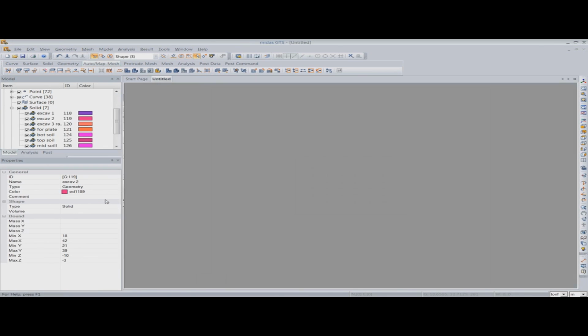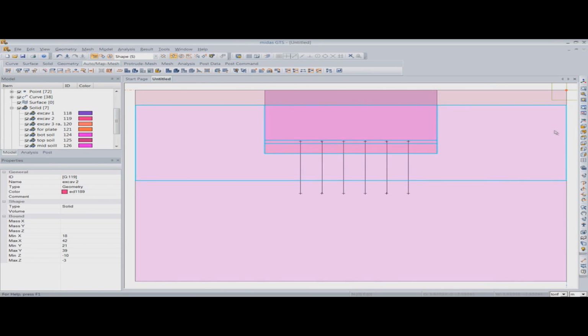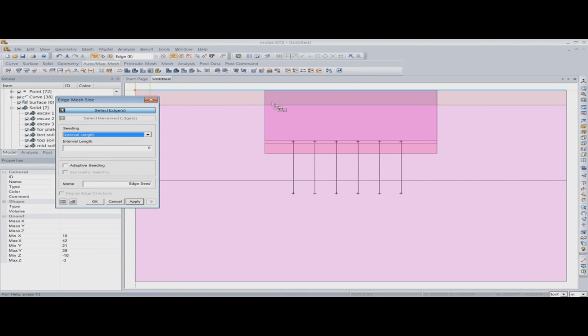So I'll click on apply, and now I will do the seeding in the elevation, how the seeding should look like in the elevation. So for that, I will again go to mesh and I'll go to size control, and I'll control the size along the edge, and I will select the edge. Again, I'll use the intersection feature. So I've selected these edges, and the number of divisions will be 3 here, as you can see.